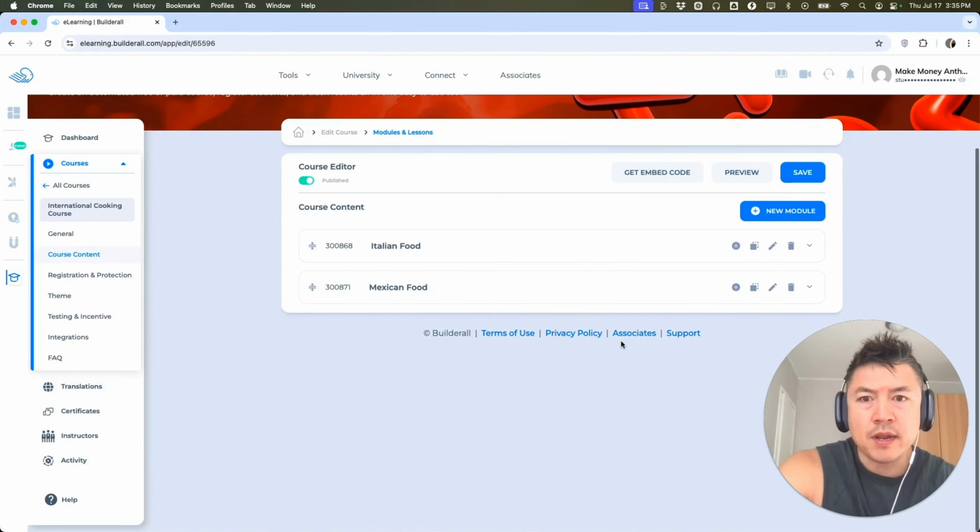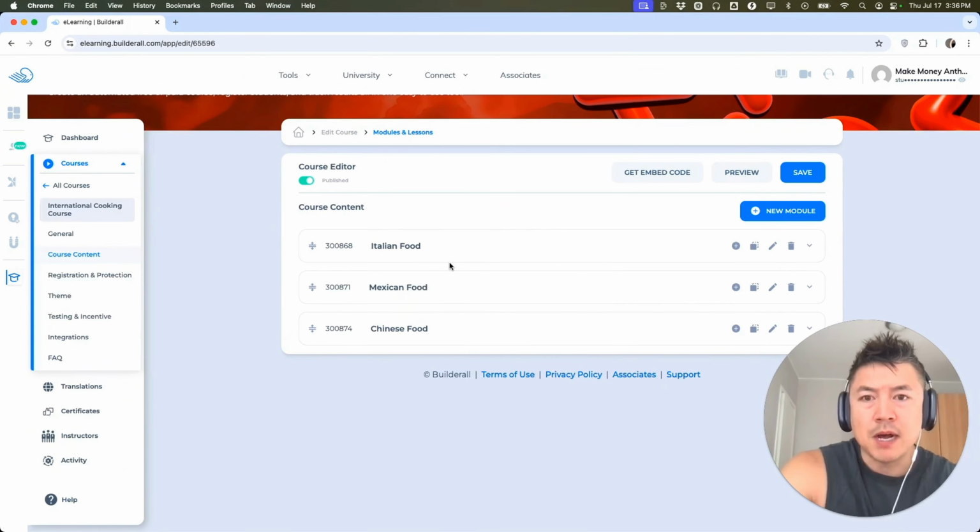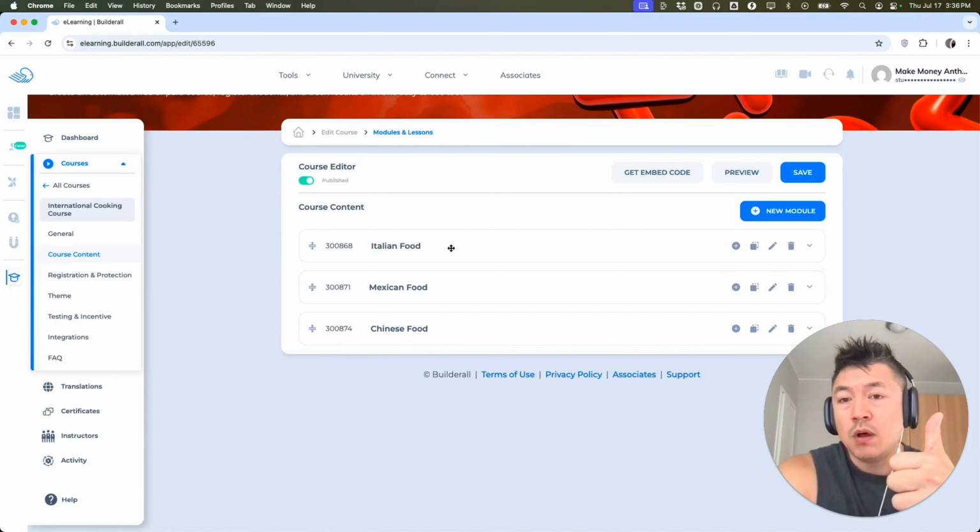And let's go ahead and create one more module. So let's say the next one is going to be about Chinese food. Okay, and create module. Now inside of each one of these modules or chapters, you can have a lesson. So for example, Italian food, we're going to have a lesson about pizza, and we'll also have a lesson about spaghetti, and then also another lesson about meatballs. And then in Mexican food, maybe we're going to have a lesson about tacos, another lesson about burritos, and another